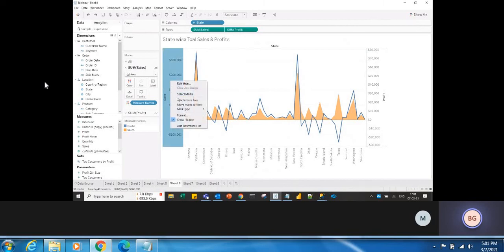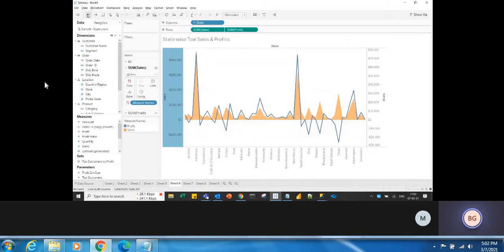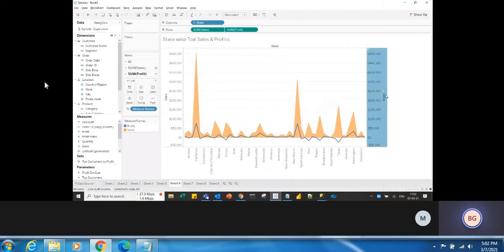What are the values it has taken on both sides? 50,000, 1 lakh, 1 lakh 50,000, right? Now I'm doing undo. Now I'll do the same thing with profit. So right click on the profit, synchronize the axis. What are the units it has taken?